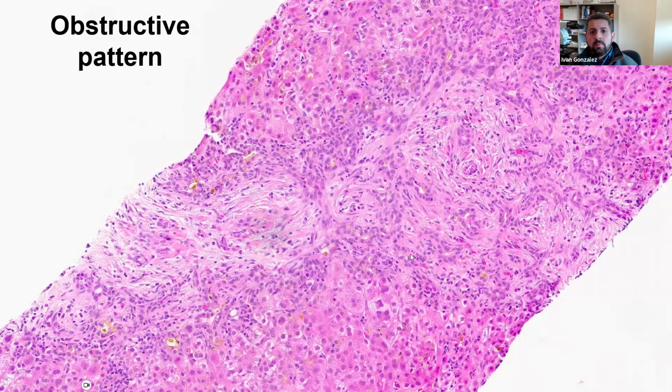So other findings of the obstructive pattern: you may or may not see a prominent cholestasis in the lobule, like here, where you have a lot of cholestasis, both hepatocellular and canalicular. You do not tend to see a very prominent giant cell hepatitis of the hepatocytes, and the main action is just happening in the portal tract with the very exuberant ductular reaction, bile plugs, the neutrophils, and the portal stromal edema.